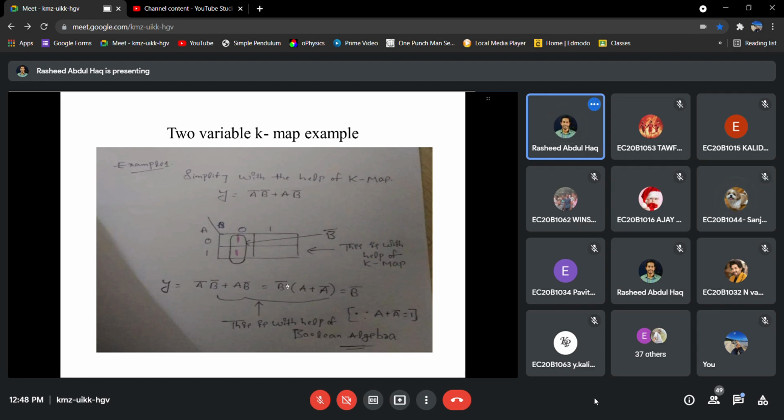Yes, sir. Okay. So for the earlier expression Y is equal to A bar B bar plus A B bar, what would we have required? Two AND gates, and then an OR gate is required, right? Yes, sir. But in this case, what do we require? We just require one NOT gate. Good. So that is the importance of the CAM map.